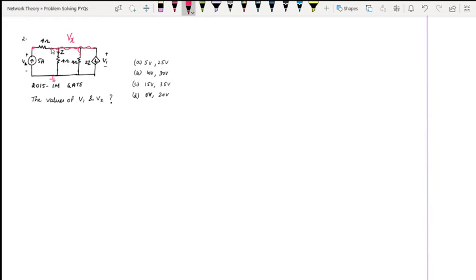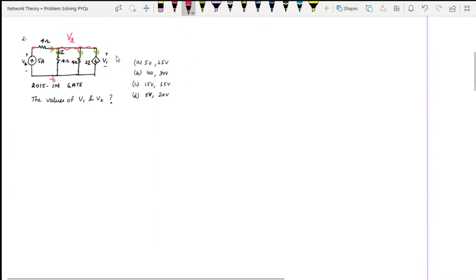So V2. For the current equations, let's put the arrow marks first. I'll use this color. The current is entering, I'm going to assume this way, and wherever the current direction is mentioned, I'm going to use the same current direction. The green colors are my current directions. Can you see that? For this node, why is it the same node? Because there's no potential difference, no drop, no element. Only if the current passes through some element will it be dropped. And here it's all the same potential, so everywhere it is going to be Vx.